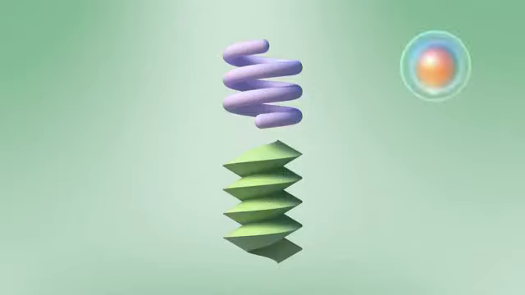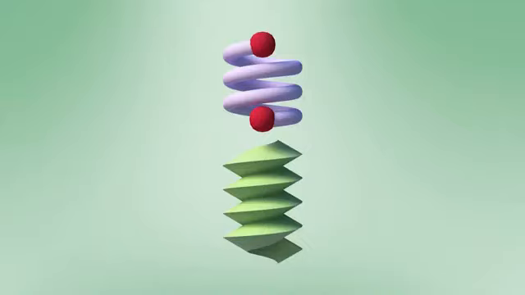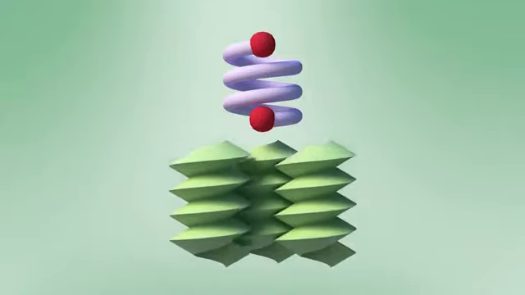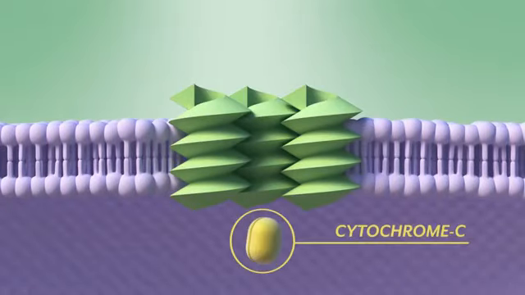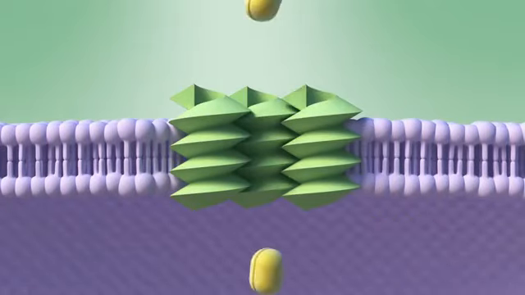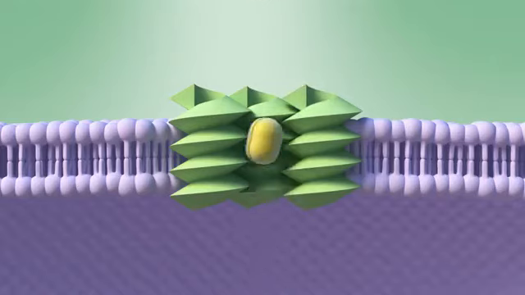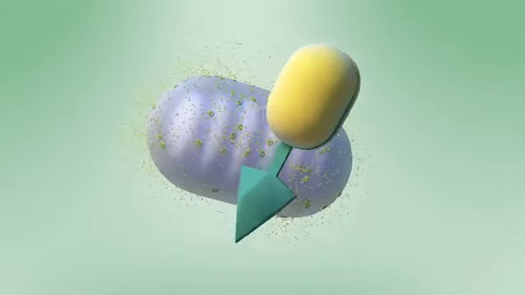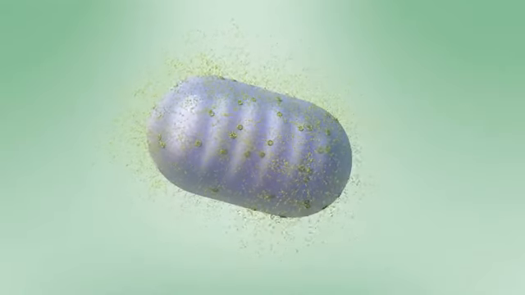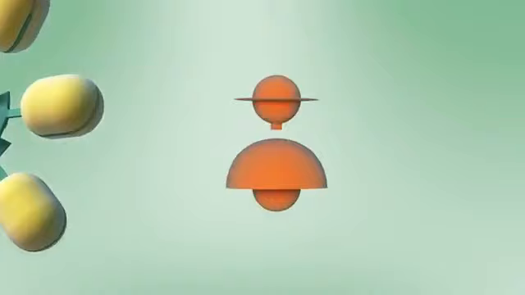But if a cell is damaged, or if it stops receiving survival signals, BCL2 and BCLX are blocked in turn. BAX and BAC are then free to punch a series of channels in mitochondria, allowing mitochondrial substances, such as cytochrome C, to leak out into the cytoplasm. The leaked cytochrome C binds to APAF1 proteins to create a compound that then activates the caspase cascade.